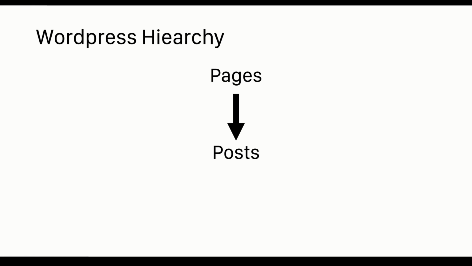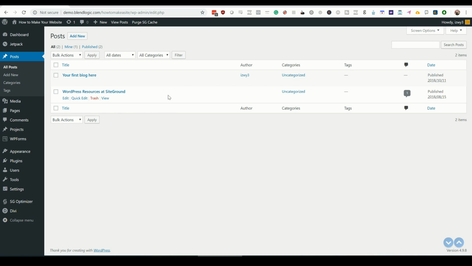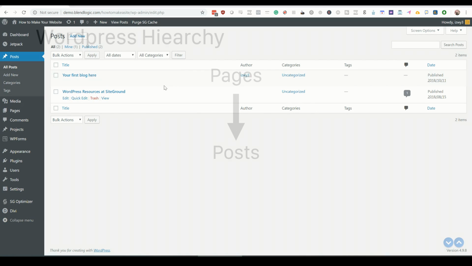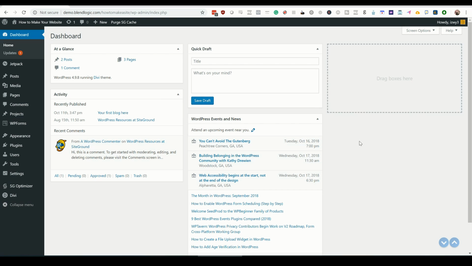Posts are what you make when you create original content or your daily blog, and they can be organized several different ways, but the best way in WordPress is to use categories. With each type of post, you want to be categorizing them according to how you want your site set up, so that your blog page has only the posts that you want it to show. So let's take a look at how we actually do that in the WordPress dashboard.